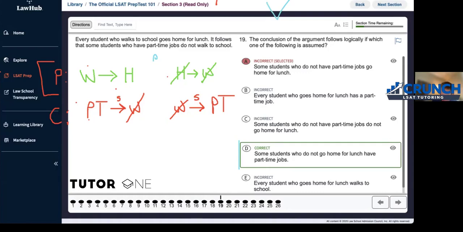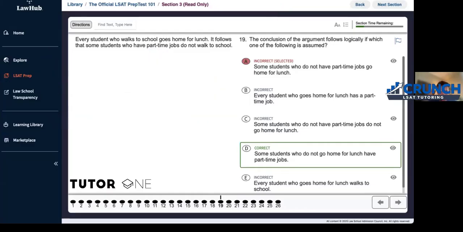If you have a clear view of the conclusion, that you want to go from PT to not W, you do it like this. PT, not H, not W. Because you see the conclusion is PT to not W. So you know you want to do this. Right. And I will give you a lot more examples on this. I would say this question is on the challenging side, but there are harder ones I want you to